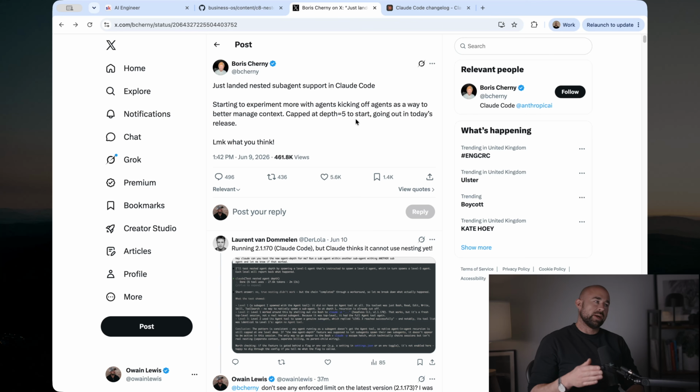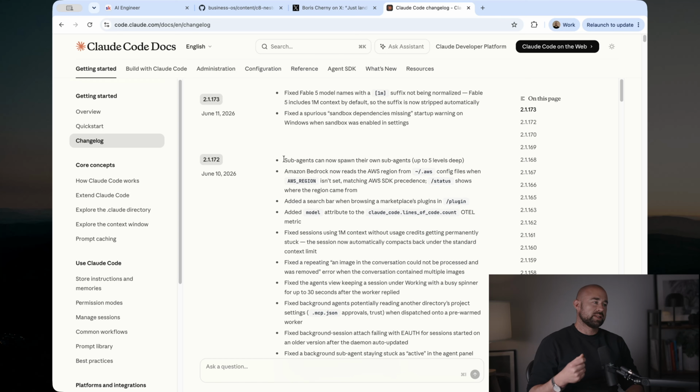This is the tweet from Boris announcing the feature. He says, just landed nested subagent support in Claude Code, starting to experiment more with agents, kicking off agents as a way to better manage context. So he's talking about using this feature for context management specifically. And he also says the depth is capped at level 5, so this means you can nest 5 levels deep. I was able to go way past this. I think I got to 30-odd subagents, so I don't know whether this is a bug in the latest version or whether this is deliberate, but I was able to go way past this depth level. You can also see it here in the changelog where it says subagents can now spawn their own subagents up to 5 levels deep. So let's take a look at how you'd actually use this in practice,